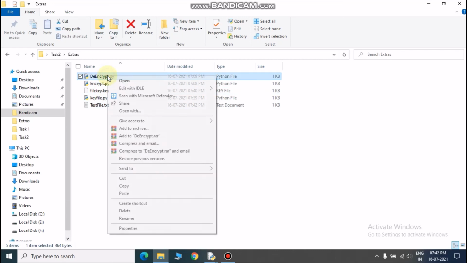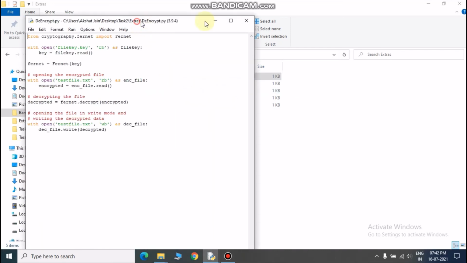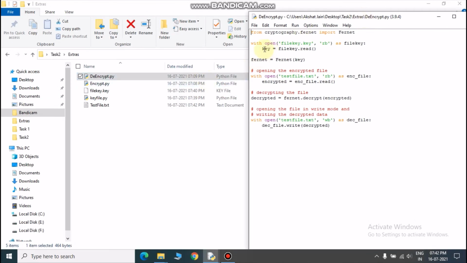So I will use the decrypt script. What the decrypt script is doing is it will again open the key file. I already told you that I have to use the same key which I used in encryption. I cannot decrypt it with some other key. So I will again open this key, read all the content of this key, and save it in Fernet.